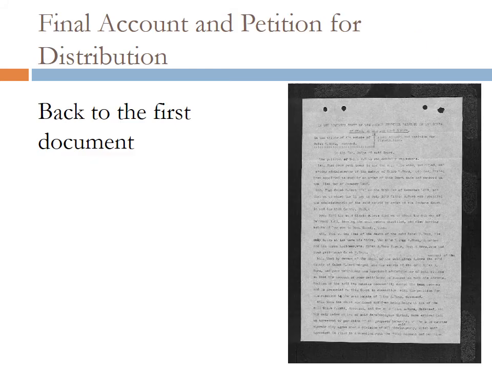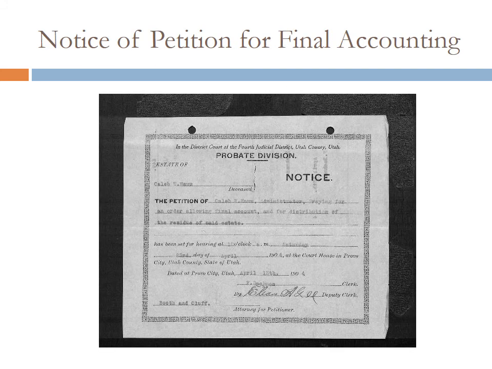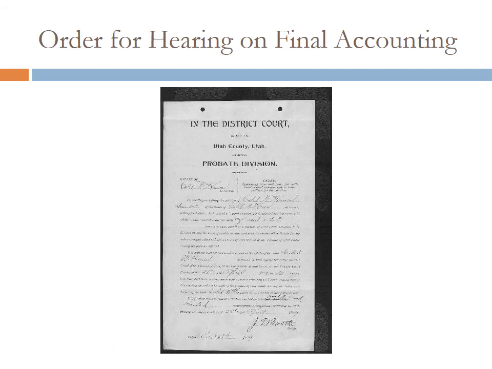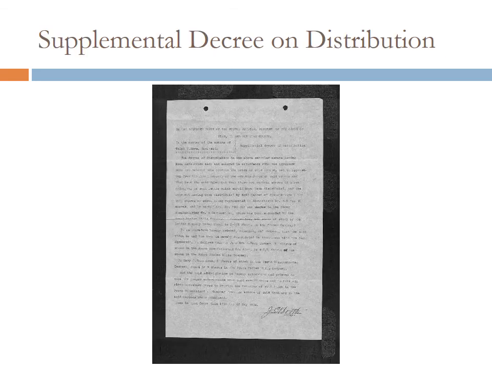Here's the final account and petition for distribution, and notice of the petition for final accounting. And this is the order for the hearing on the final accounting. So, you know, final is kind of a relative term here. It could go on for some considerable period of time before there is a final document. This is the case here in the Haws case, because